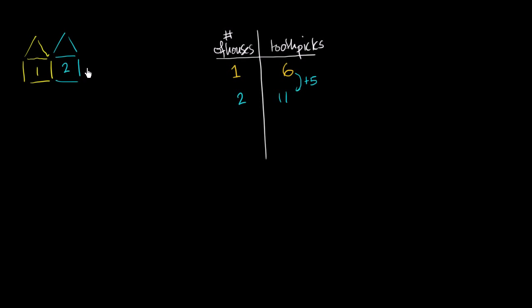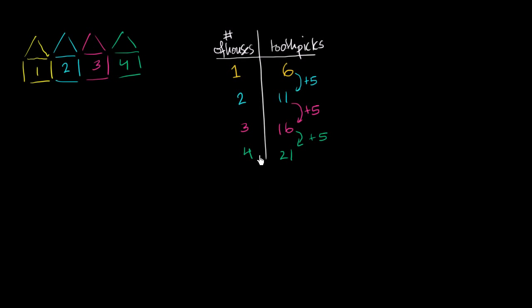I think you see the trend here. What about 3 of these? Well, this is going to be another 5. 1, 2, 3, 4, 5 toothpicks. So we're going to add 5 again and get to 16. Let's do 4 just for good measure. So the fourth one, we're going to add another 5. 1, 2, 3, 4, 5. Gets us to